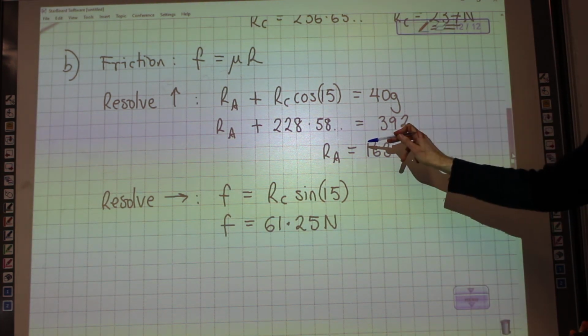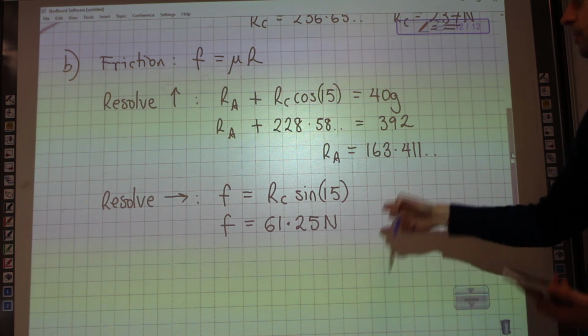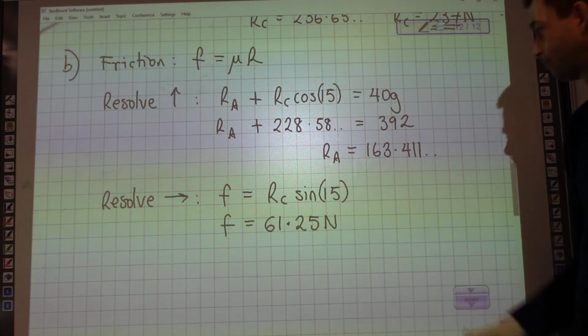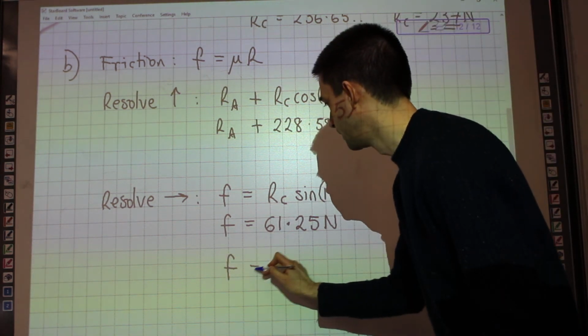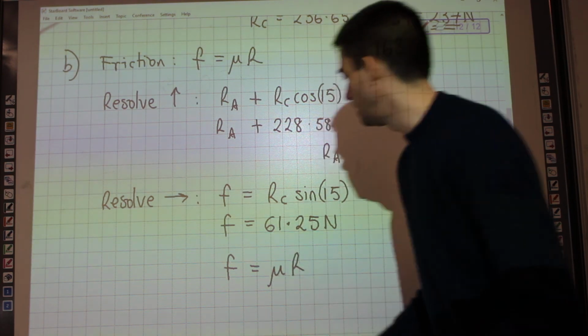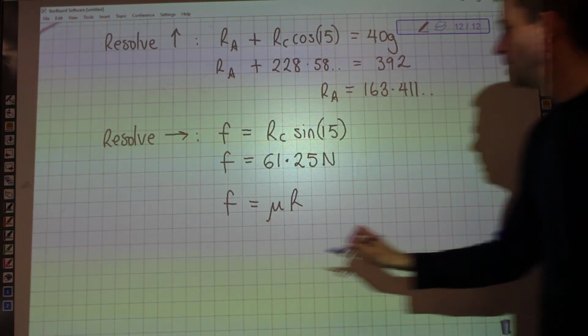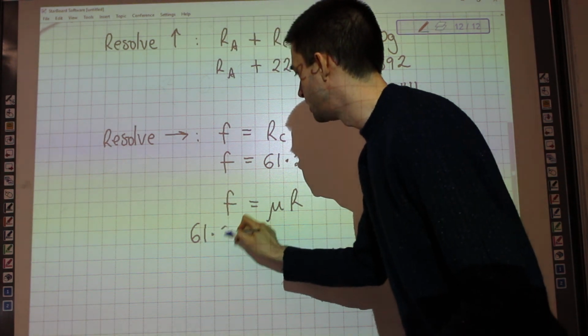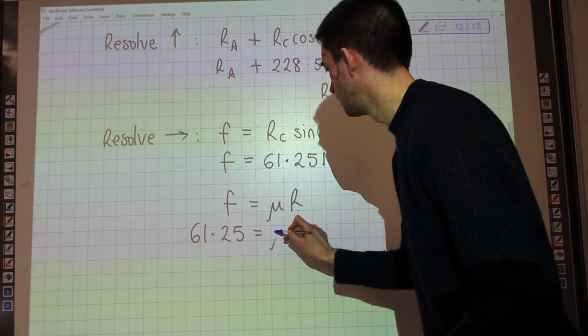So, I know the reaction at A, I know the friction at A, I need to know the value of mu, the coefficient of friction. So I'm going to use that friction is mu times reaction. I know that friction is 61.25. I know that